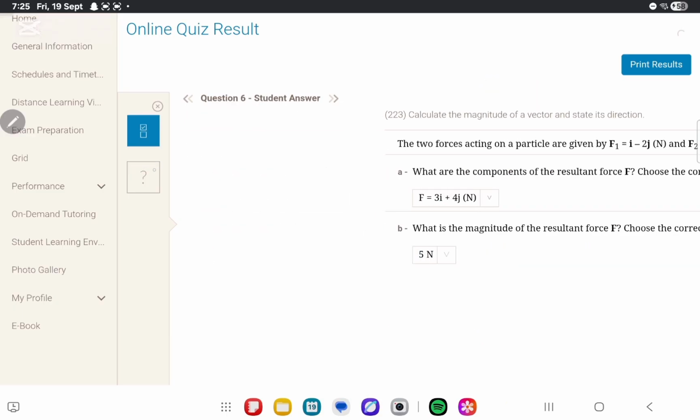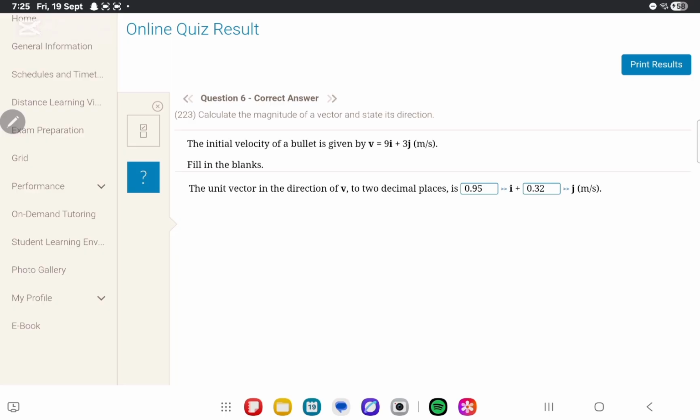Okay, question 6. The initial velocity of a bullet is given by v equals 9i plus 3j meters per second. The unit vector, there's a special way to calculate it. So the unit vector of v, which means we're going to draw the v and the little house thing on the top, just to denote that it's a unit vector, with proper notation. This is going to equal to,